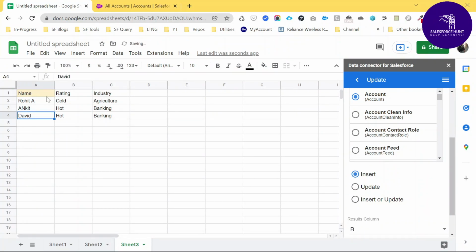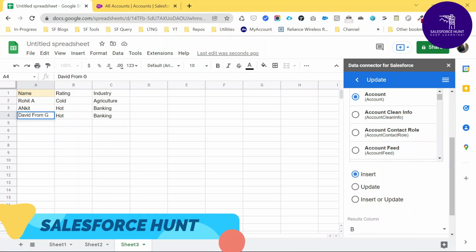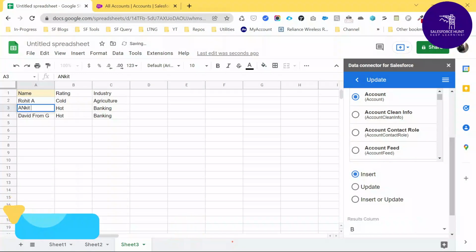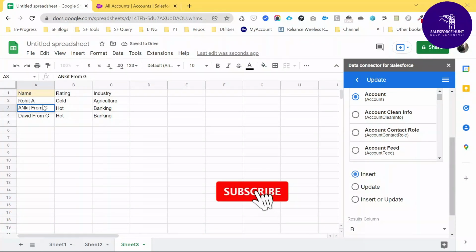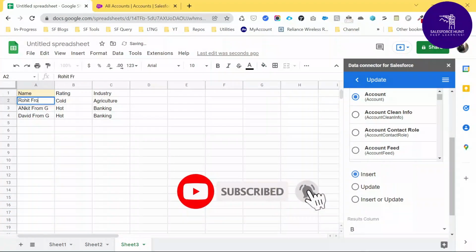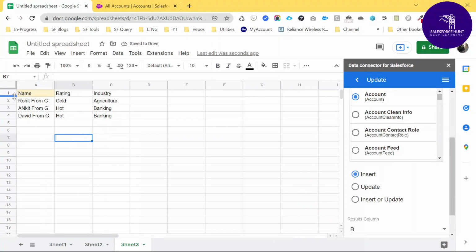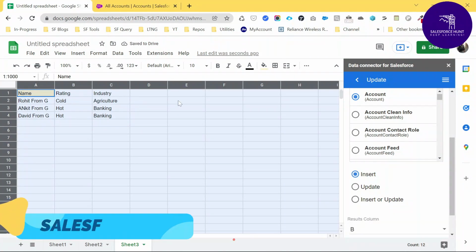And this is David from Google Sheet, same thing from Google Sheet, and Rohit from Google Sheet, right? These all records I want to insert into the Salesforce. So how to do that?